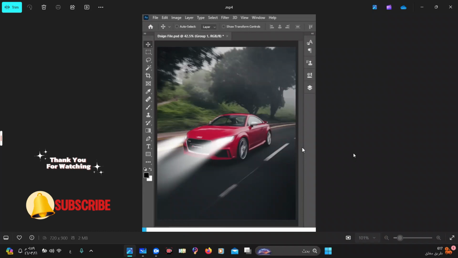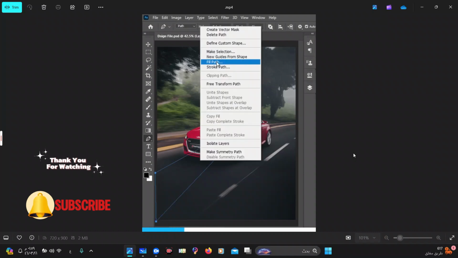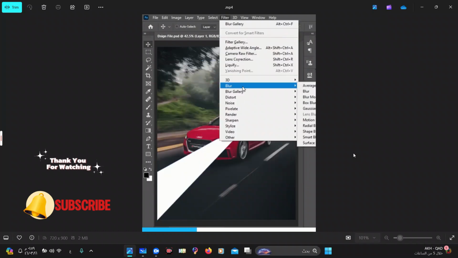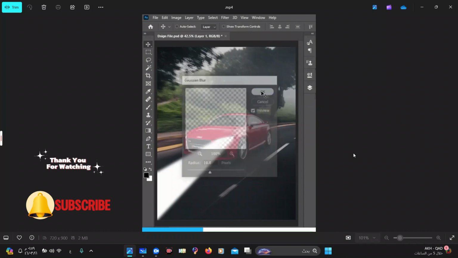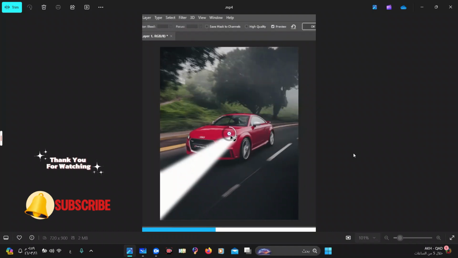Hello everyone, so today I'm going to show you how you can turn on headlights of a car in Photoshop. Let's make it from the start. First I will make a path in the direction of the headlights and simply fill it with white. Then go to filter, blur and Gaussian blur and hit OK. Then go to filter again, blur gallery, field blur. Simply set the first point over here and decrease its blur. Add another point over here and increase its blur